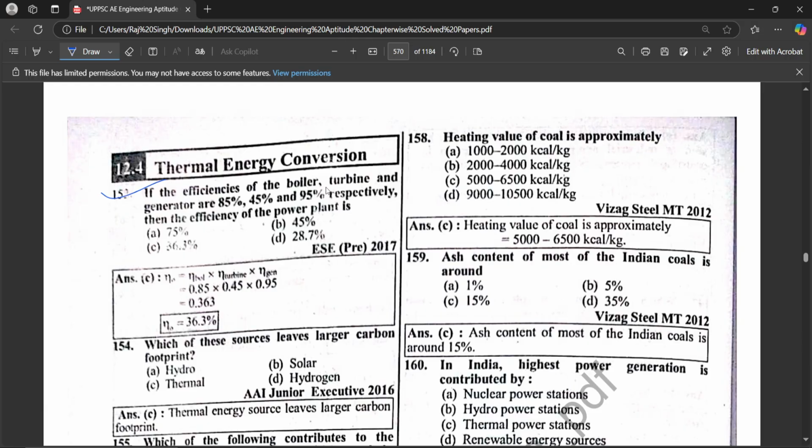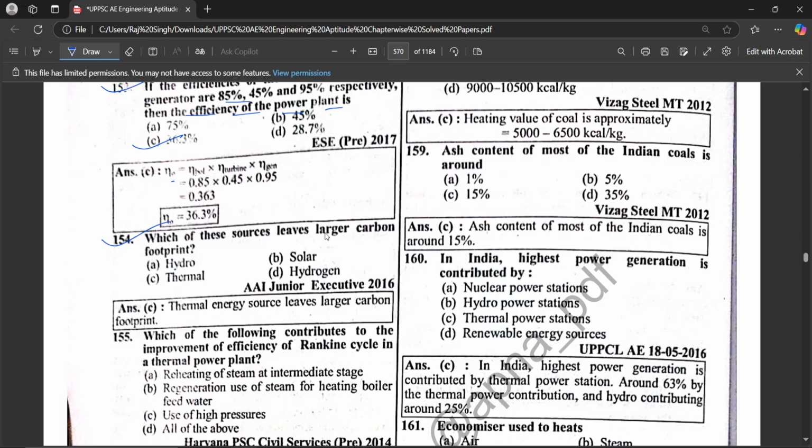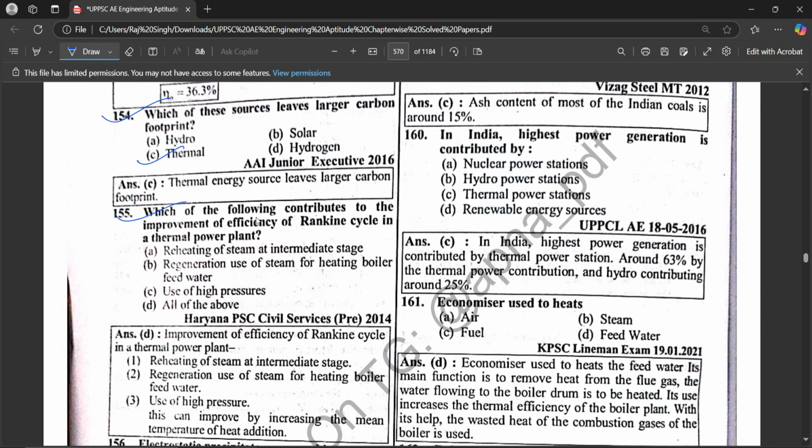If the efficiencies of boiler, turbine and generator are 85%, 45%, 95% respectively, then what is the efficiency of the power plant? To find the overall efficiency, multiply the efficiency of boiler, efficiency of turbine and efficiency of generator, so you get 36.3%. Which of these sources leaves a larger carbon footprint? Thermal. Which of the following contributes to the improvement of efficiency of the Rankine cycle in a thermal power plant? All of the above: